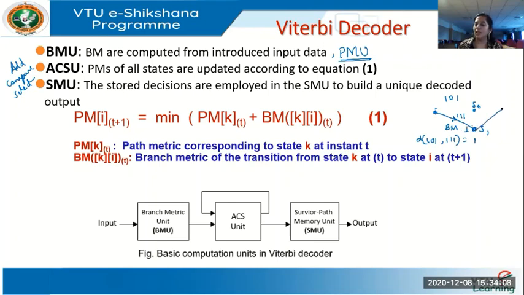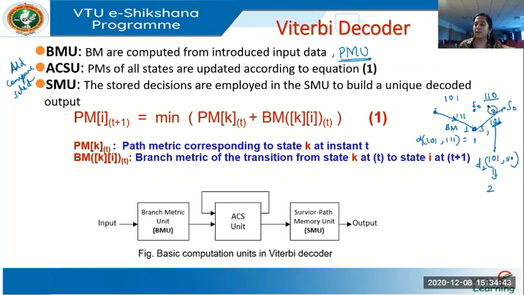Now from here, say it moves back here and the next set of received vectors is this. And here I have 101 for example. Again, I have to compute the distance. This is D1, and if I say distance D2, from 101 to 110, the received bits and the branch code bits. What's the distance here? First bit is same, second bit and third bit are different. So the distance will be 2. So from here to here, the distance is 2.